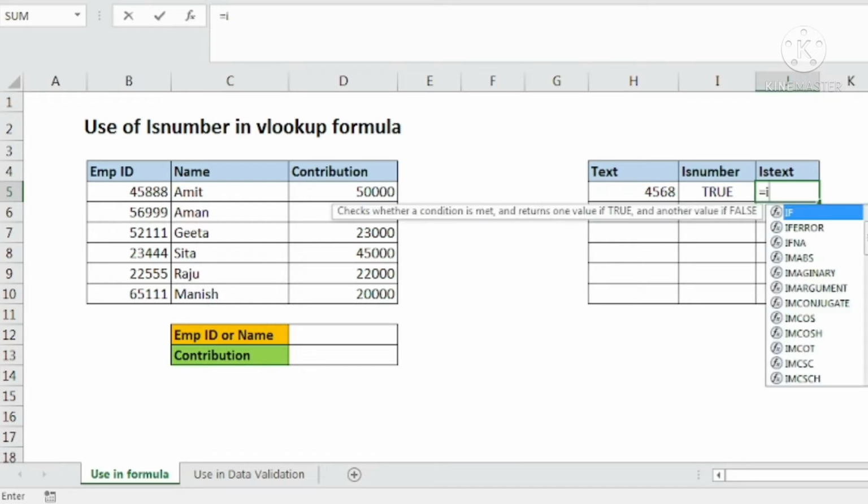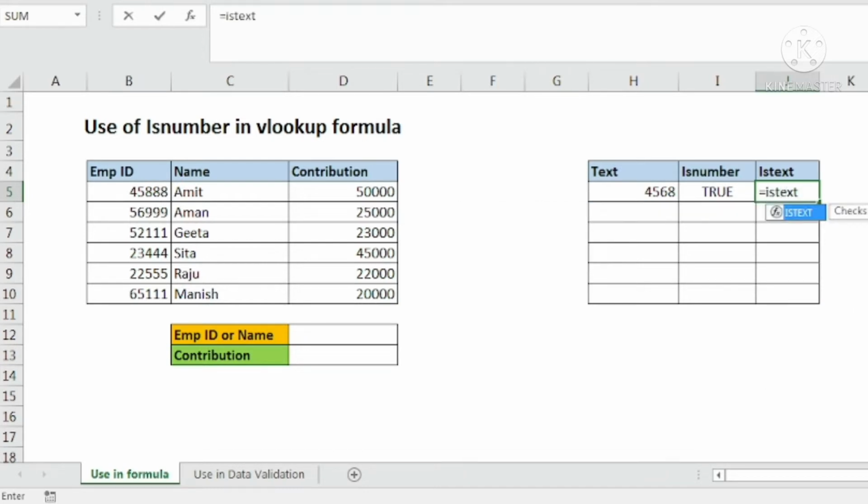So equal to isText, tab, this particular cell, and complete the formula. Now this is a number, so that is the reason it is giving us false. If I put any name here, then the isText formula gives me true, but the isNumber formula gives me false because this is not a number, this is text. This is a simple use of the isNumber and isText formulas.